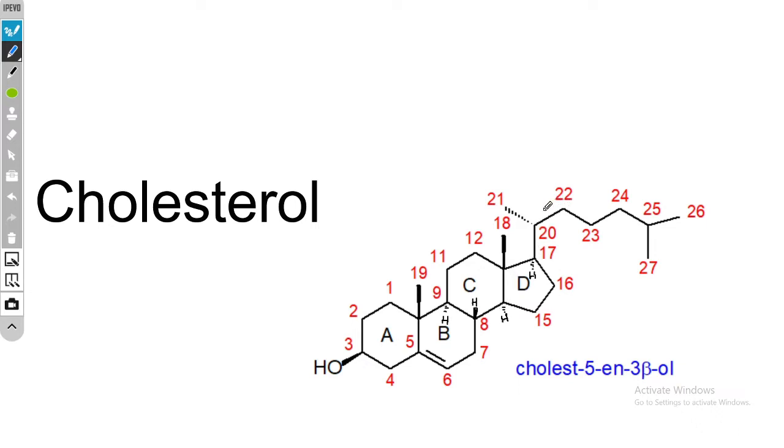So the main difficulty of the preparation of this steroid is the stereochemical problem. Since it has 8 chiral centers, there will be 2 raised to 8, that is equal to 256 optical isomers possible. So in the synthesis of this cholesterol, step by step, a lot of isomers are formed. So the purification of these isomers will be very difficult. That is why the synthesis of cholesterol is a tedious task.